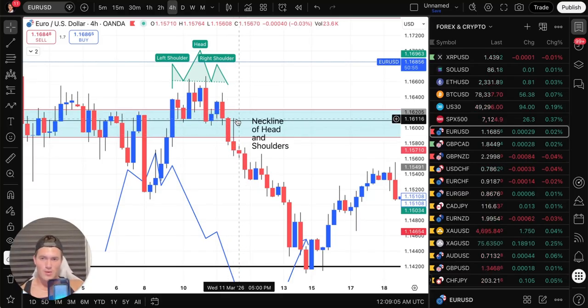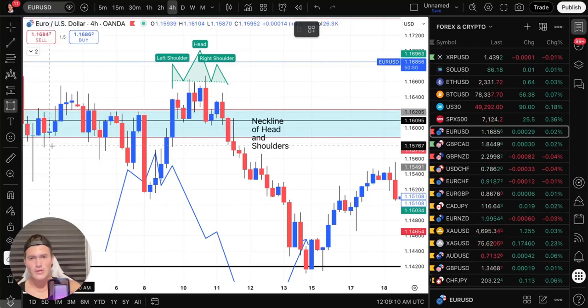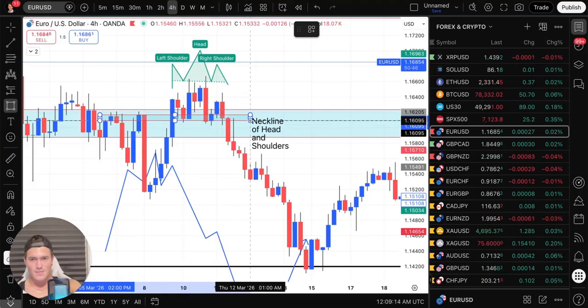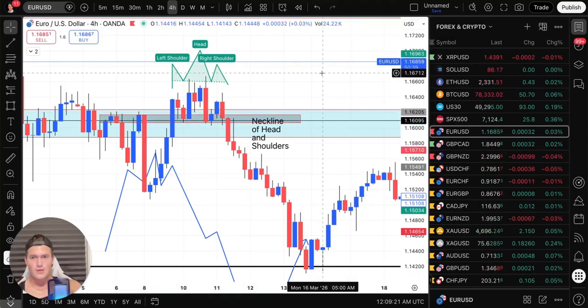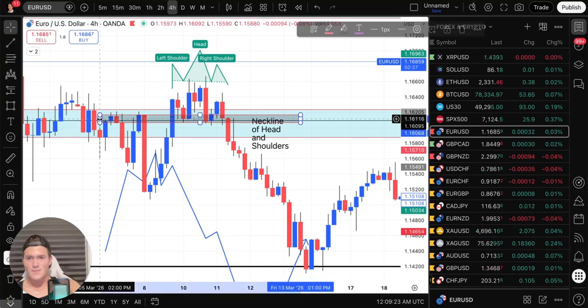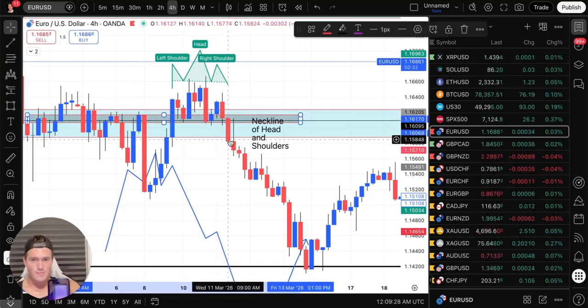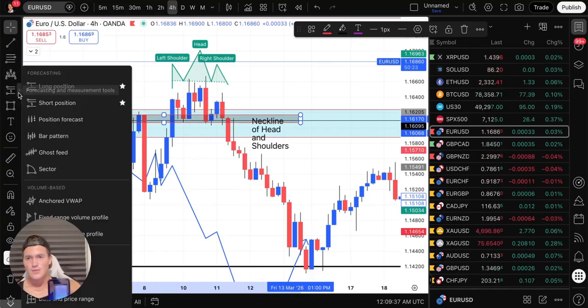So this is what I would have done. I would have probably created like a 4-hour area of interest just to give myself some confidence. Boom, right there. Perfect. Let me just darken that so you can see it. So yeah, we got our one tap, two tap, three tap. So we broke this area. We retested this area. And then we got in the trade